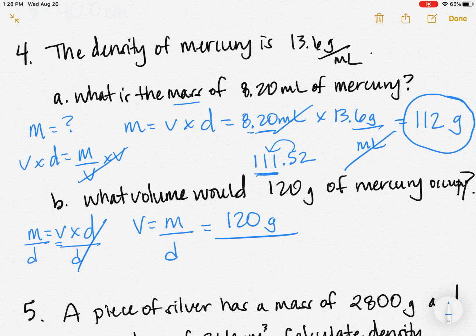I need my density, and just don't forget that this is a continuation of number 4, so my density was given up here. 13.6 grams per milliliter. My grams cancel, leaving me with milliliters, which again makes perfect sense because milliliters are a unit for volume. So 120 with 2 sig figs divided by 13.6 with 3 sig figs gives me a calculator answer of